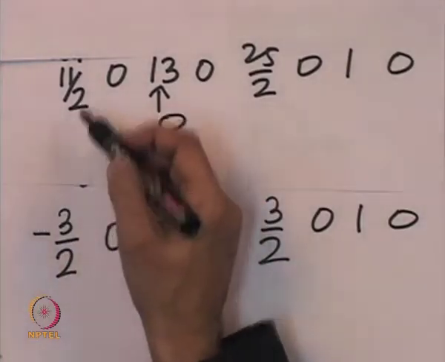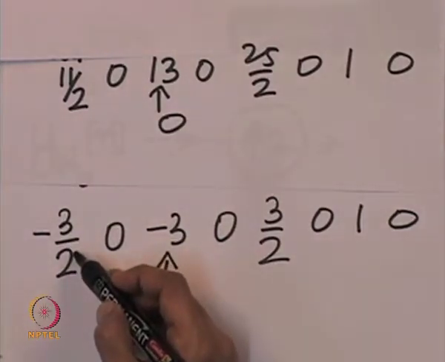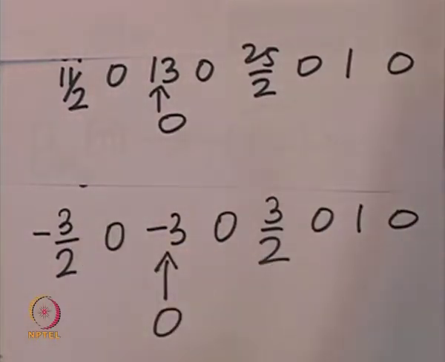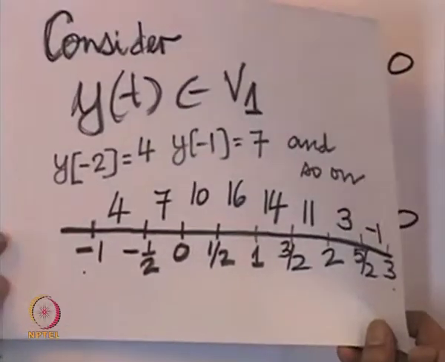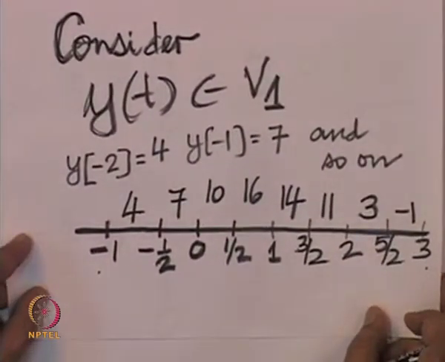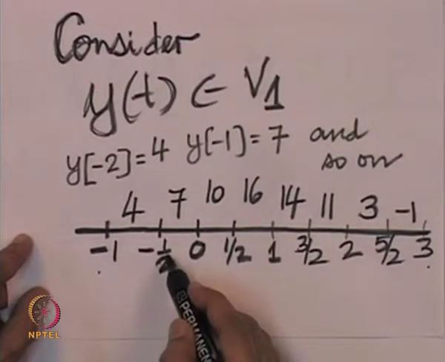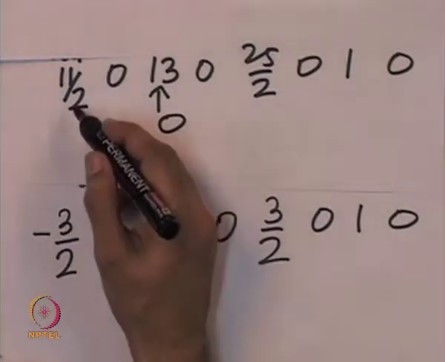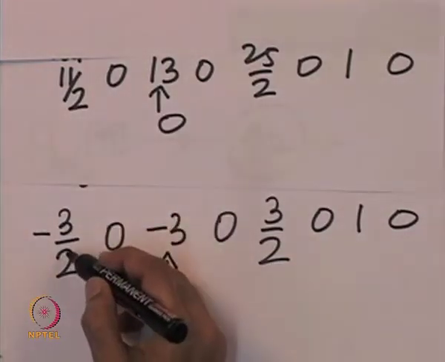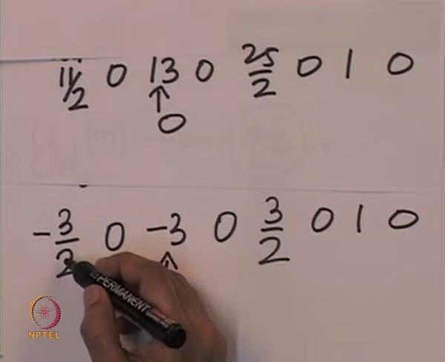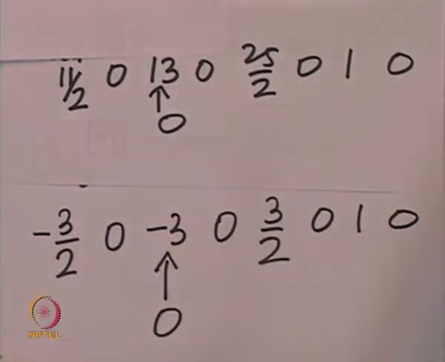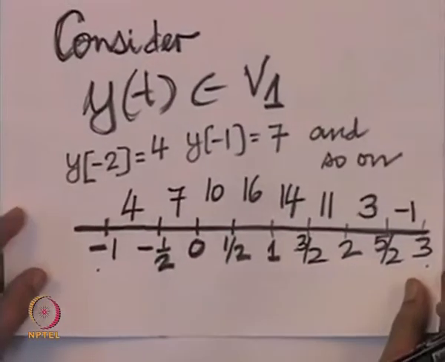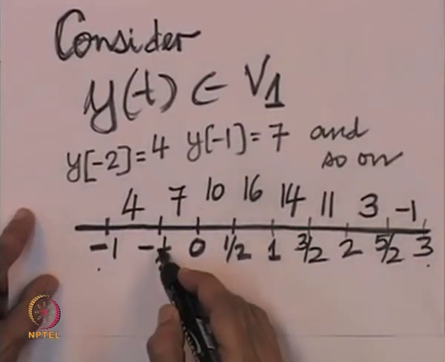In other words, when you add these, that is 8 by 2 would give you the value of y t between minus 1 and half, 4. And 11 by 2 minus of minus 3 by 2. In other words, 14 by 2 would give you the value of y t in the interval from minus half